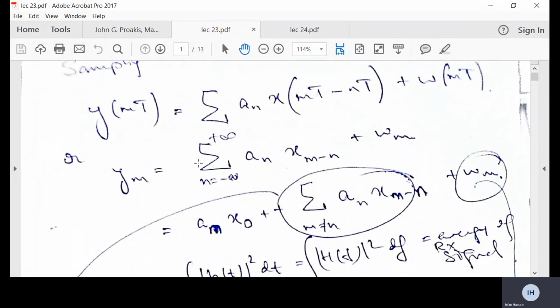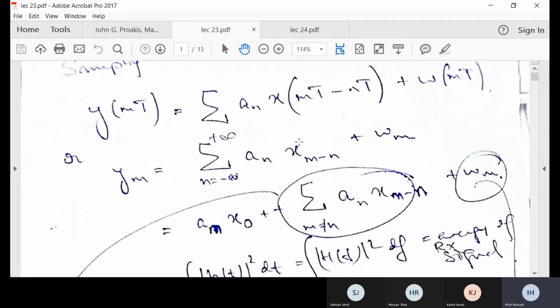Remember, in the last lecture, we had seen ISI, why it was existing, and the major reason: you had a band limited LTI channel, and because of that nature, when you are having a sequence of data, that data, which was in terms of A of n, was convolved with the channel coefficients,